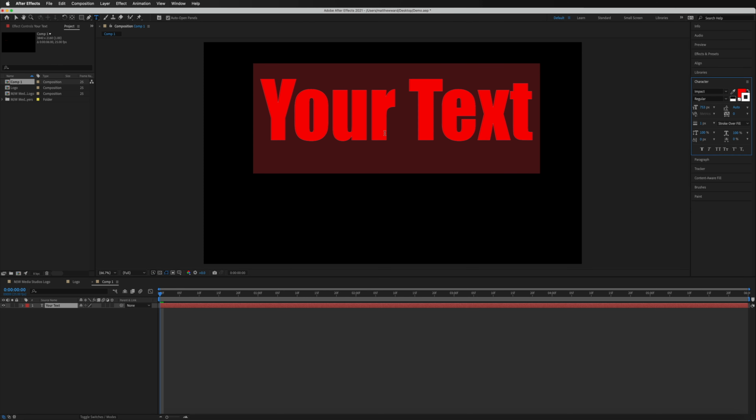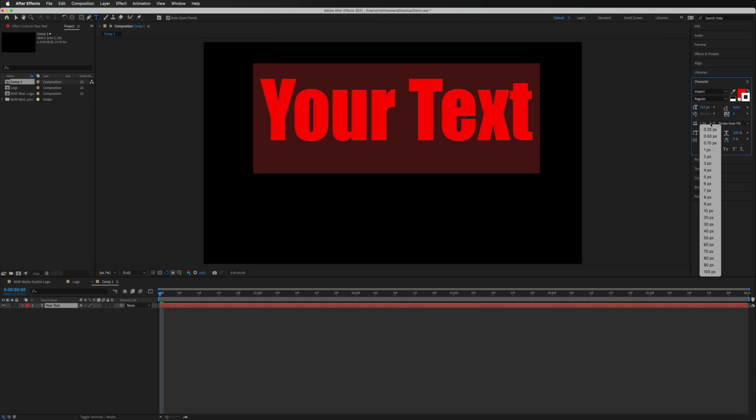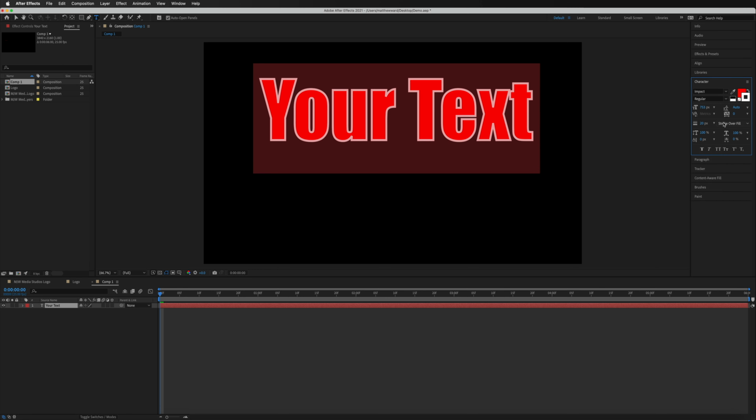And we can change the thickness of this just with this little drop down menu right here, just where you can see these three little lines, and we can go ahead and just make that a lot thicker to whatever it is that you prefer. So it's just a case of you guys having a little play around with this. We also have the paragraph section where you can align all your text to however you want it to look, but all of this is going to be down to your personal preference. Okay, so let's talk about how we can animate this text.